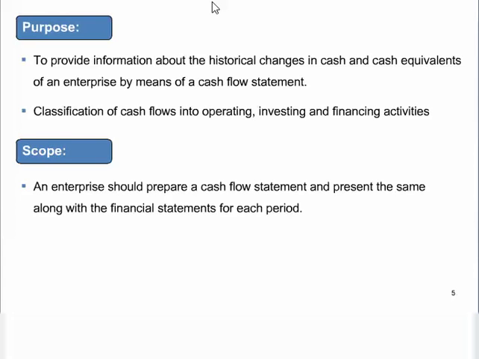The purpose is also to classify these cash flows into operating, investing and financing activities. We'll understand and discuss them in greater details in the foregoing slides. The scope of this standard